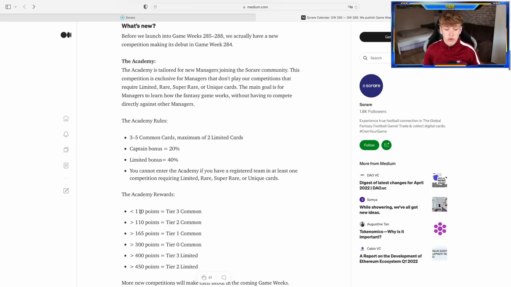So you see here in the lower point ranges you win different tiers of common cards, and 400 points or above you actually win a limited card. Tier 3 limited, and above 450 points even tier 2 limited. And the cool thing is that the Academy is kinda the evolution maybe, or the next step from the casual league, because